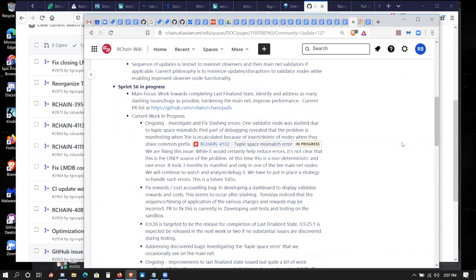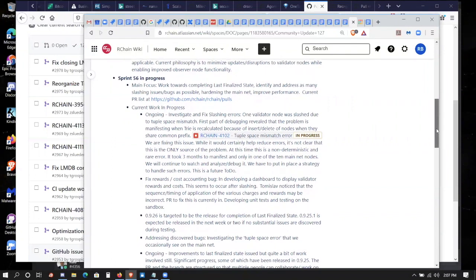So we're still focused on completing last finalized state. Once 0925.1 is released, 0926 should close off last finalized state. And in that whole thing, what we're looking at, we're working on the slashing bugs that